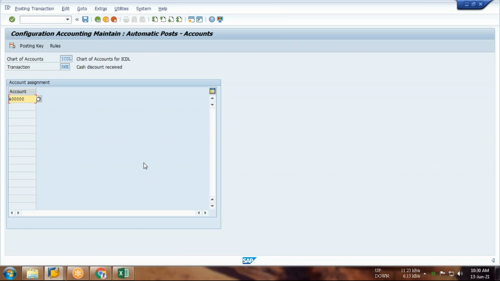Guys, ये याद है आप लोग को last class ये दिखाया था कि discount received, we have to create a GL called discount received, because at the time of making the payment to the vendors we are going to avail the discount, so that will be our discount received. So first we have to create the discount received GL. पहले हम लोग को discount received GL create करना होगा, and then we are going to assign this discount GL with this path, and the transaction type is SKE. So that is for the discount.